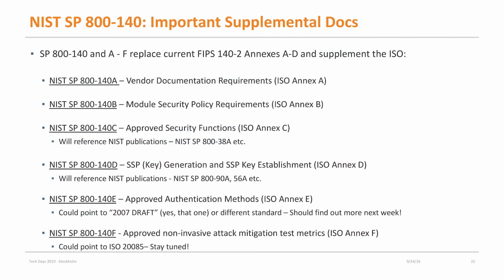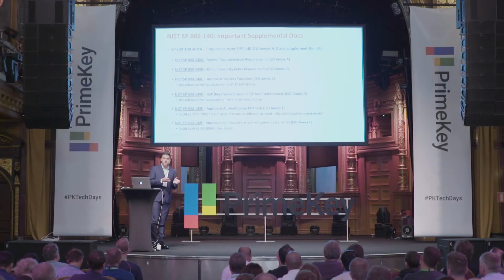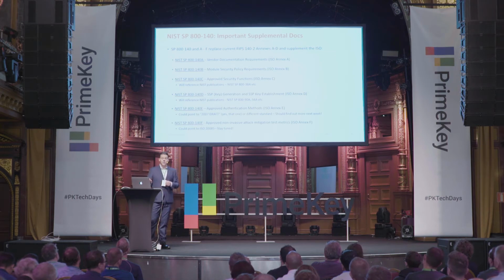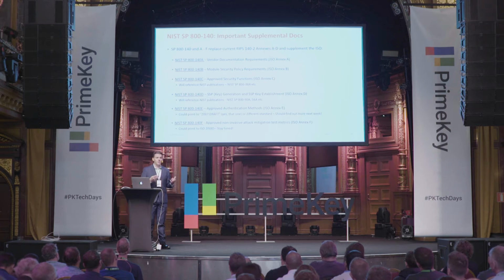And here are the annexes that I was mentioning. Again, I don't want to bore you with these details too much, but they will be pertinent. They talk about the vendor documentation requirements, such as your security policy. They include those approved security functions. As an example, AES would be in the block cipher publication 800-38A. There's the key generation and key establishment material. So 56A for doing key agreement, as an example, will be in that particular document. 140D